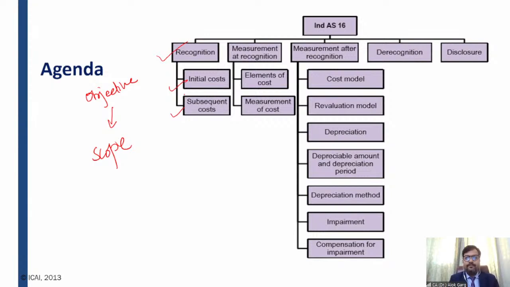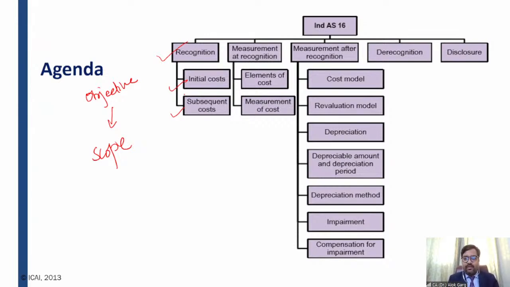For example, today I have purchased a car, right? And today is, let's say, 12th March. So what is the initial cost for purchasing a car, at what value? And whether that car has to be recognized initially as a property, plant and equipment. When I talk about subsequent cost, if after 2 years I do some major expenditure on my car, whether those expenditures will be recognized as property, plant and equipment, or whether they have to be recognized in the profit and loss account.